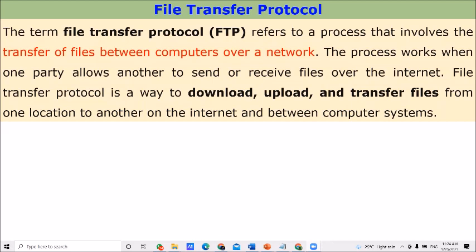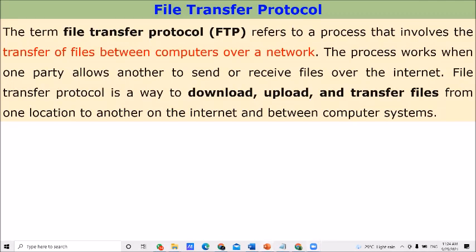Normally we call the starting part uploading. Then the receiving location we term downloading. In between, files are transferred. All of this happens because of file transfer protocol.